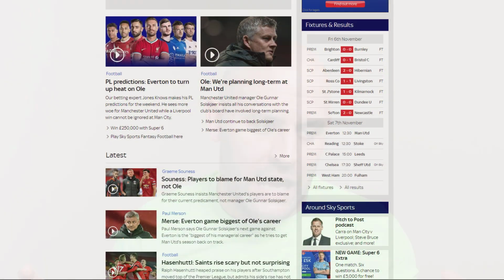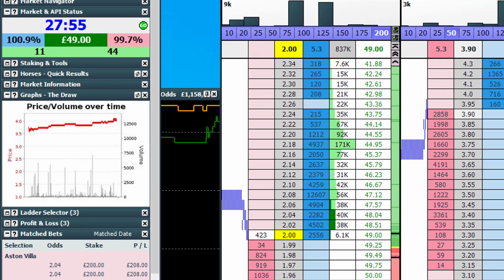Now on top of that, you've got accelerators of public perception. So we're talking about the media here primarily. When are they going to be about? When are they going to drive this information to the general betting public? And when are they going to have peak interest? So obviously we've got team news, that's relatively mild. 15 minutes or so before the match, 20 minutes before the match, you see the media sources picking up. There's a lot more coverage, there's a lot more hype, a lot more fanaticism, and there's a lot more people placing bets too. So that's why it's not unusual to see kind of like a second wave in market activity in the pre-game football markets before kickoff.